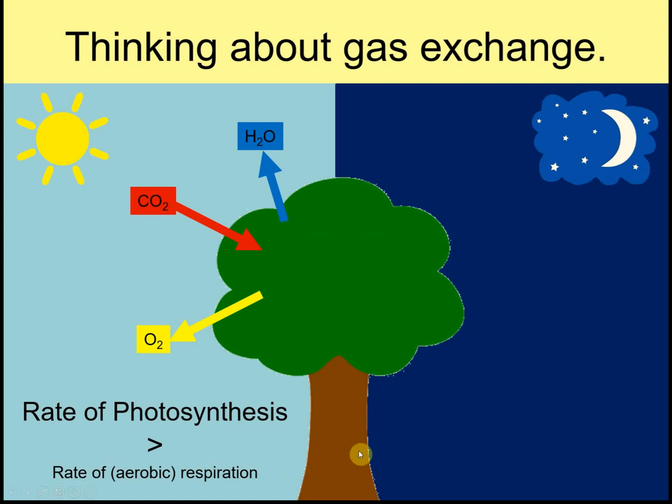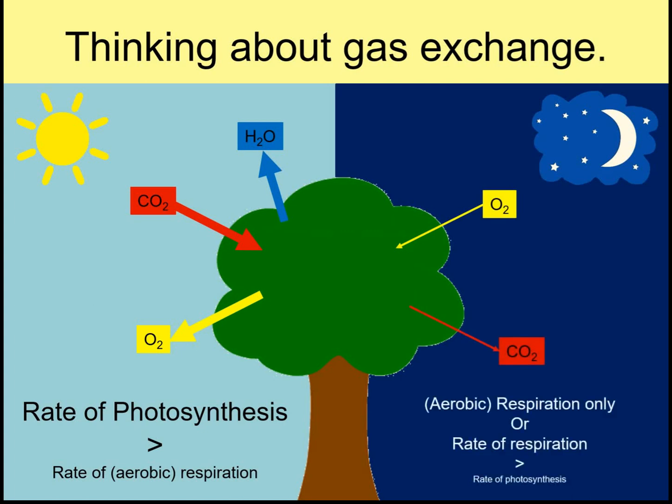It might fall a little bit because it tends to be a bit cooler and temperature affects rates of chemical reactions, but generally there's not much difference. So now we've got gas exchange going the other way. Now you notice I've made the arrows smaller because there'll be slightly less of it because the rate of respiration is quite low. So oxygen will be being taken up for aerobic respiration, and carbon dioxide would be given off